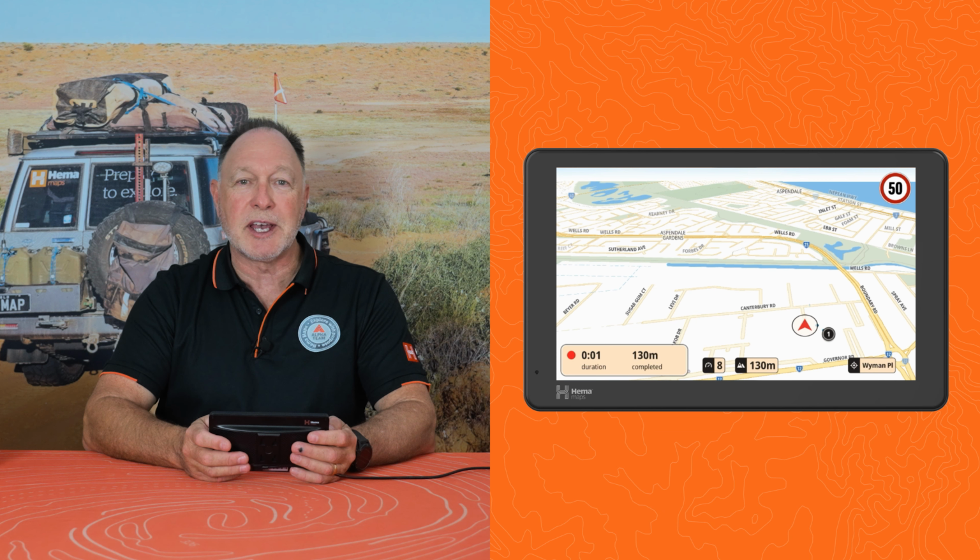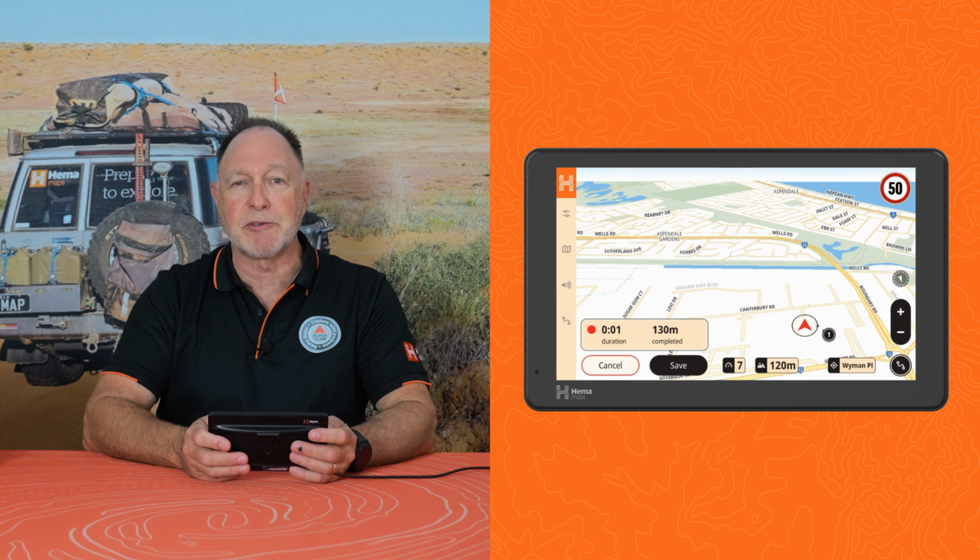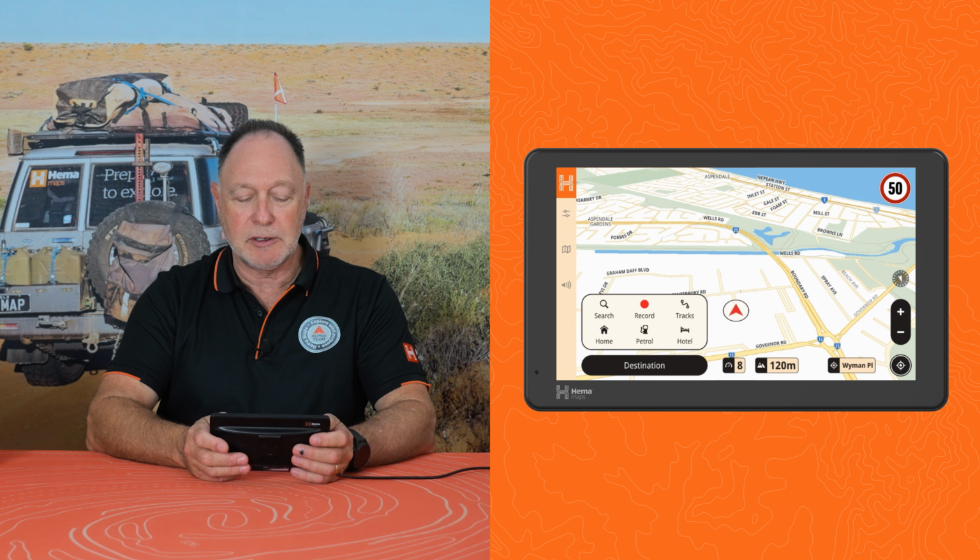Once you've recorded your journey, tap the screen once and you'll have the option to either cancel or save your recording. If you save your recording, you'll now be able to find the track recording by tapping on the tracks icon